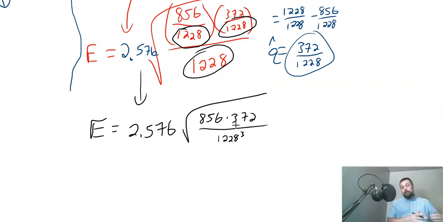That's going to be a lot easier to type into my calculator. So let's type this into our calculator and get the margin of error. It's going to be 2.576 times the square root of 856 times 372 divided by 1228 raised to the third power. And I come up with